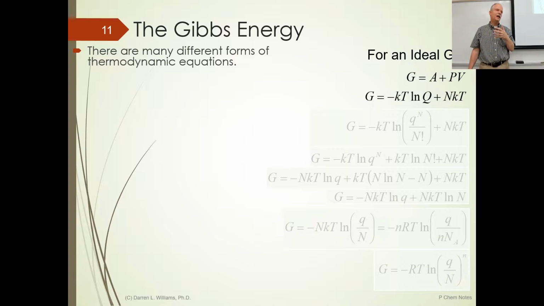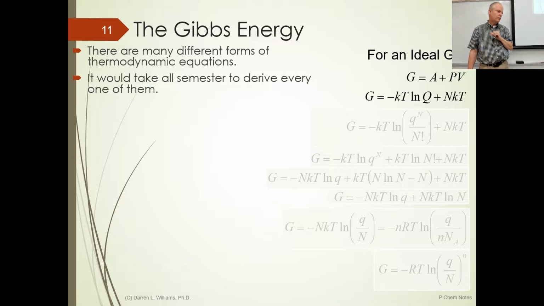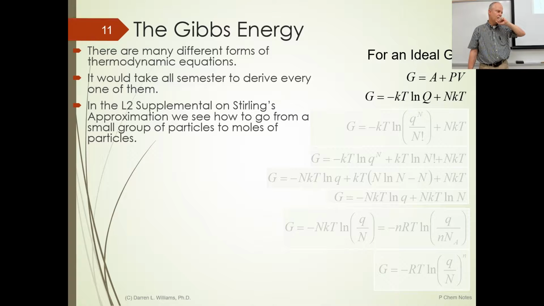Another way to write nRT with Boltzmann's constant is just the total number of molecules times Boltzmann's constant times temperature, so nKT. So that PV to nKT is just the ideal gas law. And then A to minus KT ln capital Q, the capital Q is for an ensemble of molecules. So that's the substitution for the Helmholtz energy. It would take all semester to derive all of these different equations separately, but let's just follow this one progression because I think you'll like what shows up.